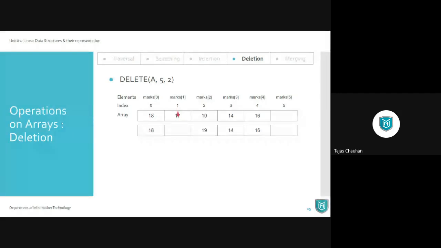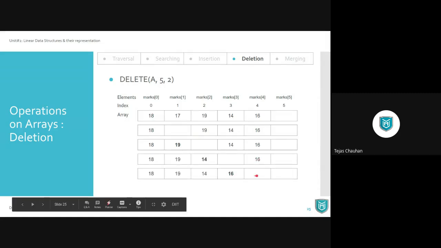So we have deleted that value here, but once we delete that value, we have empty space there, and in that case we need to shift all the numbers which are after that to the left side. So we shift 19 on the left side, then we shift 14 on the left side, then we shift 16 on the left side, and then we are done.